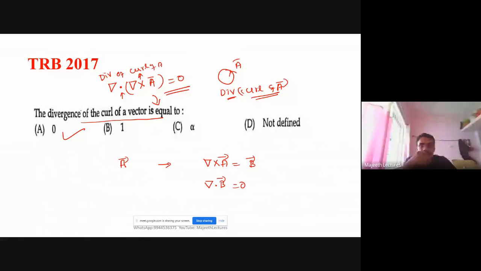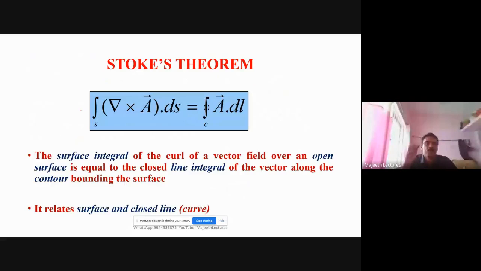Okay. Now we come to Stokes theorem. Before we remember Stokes theorem, we must know this one: the integral of del T dot dl is equal to T(B) minus T(A), from A to B. Line, point, right? This is what the gradient theorem says. Now we come to Stokes theorem. You see, the gradient theorem relates a line and its end. The end of the line is two points.